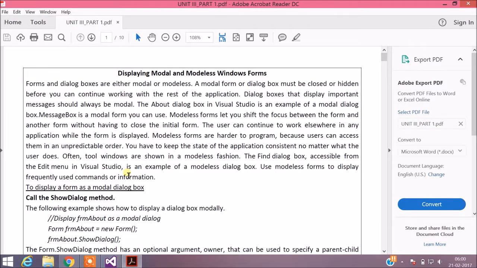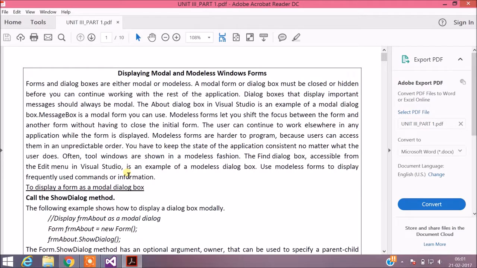Modeless forms let you shift the focus between the form and another form without having to close the initial form. So as I said, you will be able to access the parent form even without closing the child form. The user can continue to work elsewhere in any application while the form is being displayed. Modeless forms are hard to program because users can access them in an unpredictable order.